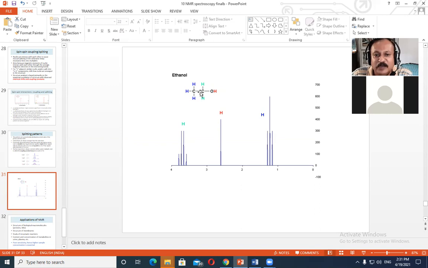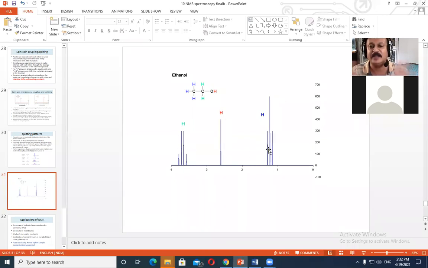C2H5OH. That is the molecule ethanol. And then you will find that there are 3 different types of protons here. One proton is the isolated one which is bonded to oxygen. Then there are 2 protons which are bonded to one carbon, and then these 3 protons are associated with the other carbon. Therefore there are 3 distinct types of protons, and we should get 3 different peaks: peak number 1, peak number 2, and peak number 3.